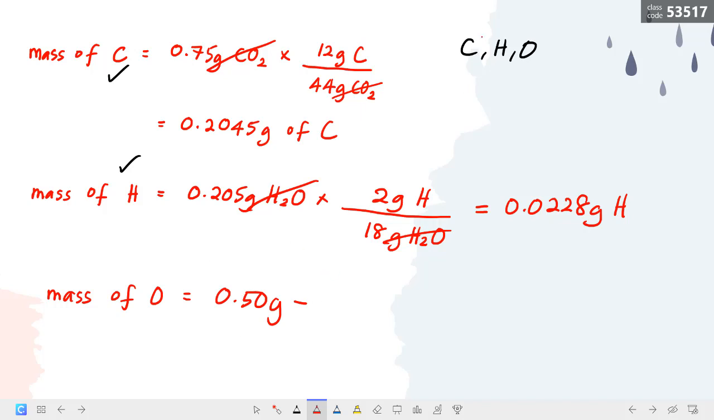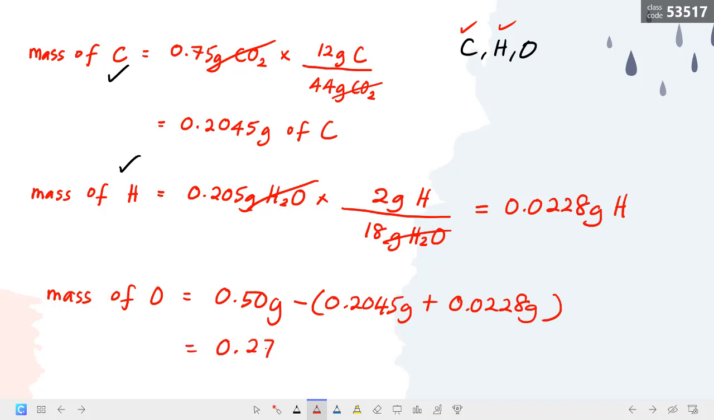So 0.50 gram adalah mass bagi compound X. So dalam compound X ada apa yang kita dah tahu? Carbon, hydrogen. Tolakkan dengan 0.2045 gram plus 0.0228 gram. Okay, solve and you will get the mass of oxygen is 0.2727 gram. Okay, so now dah dapat mass ini, kita dah dapat mass ketiga-tiga elemen ini, barulah kita boleh